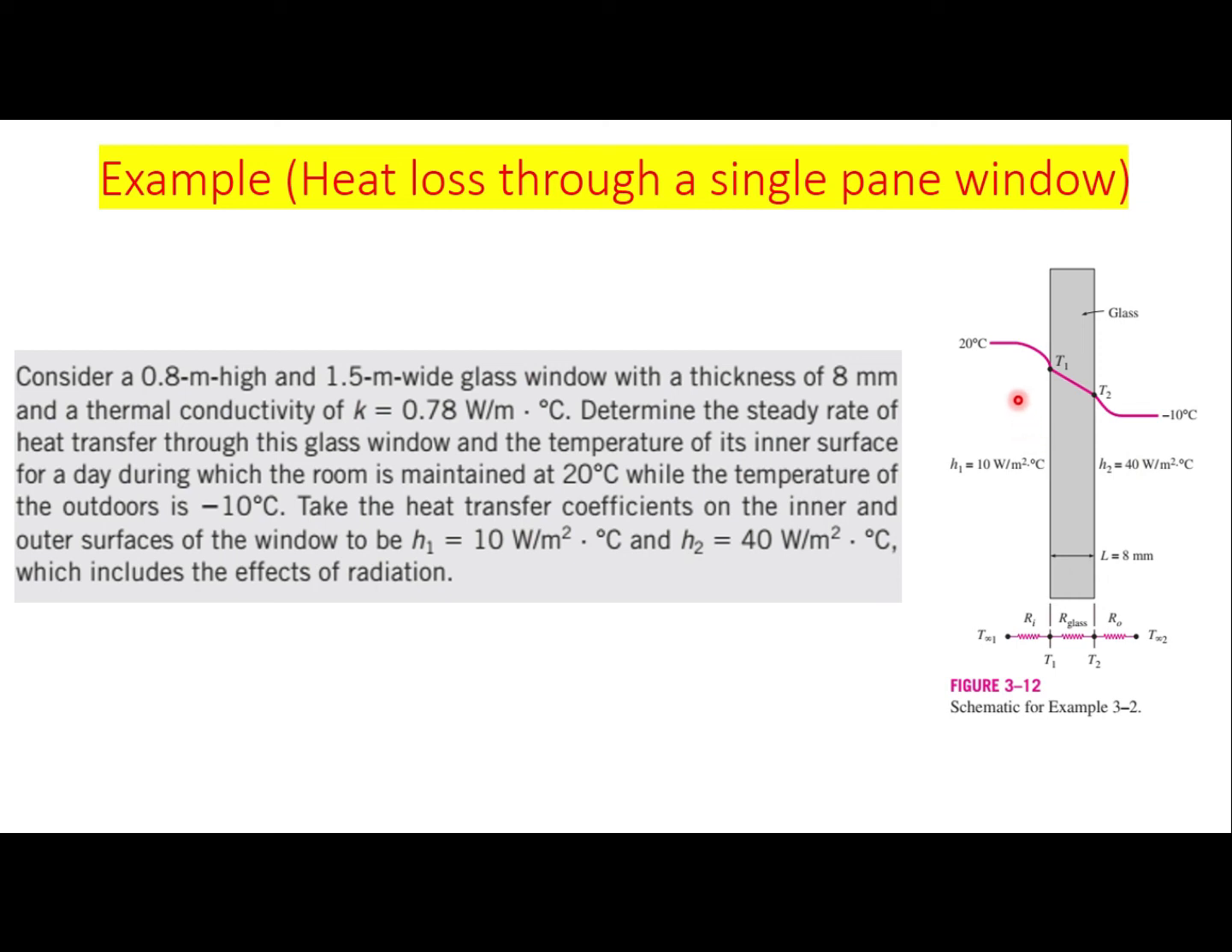The first one is known as convection, and the second one is known as conduction. So the temperature decrease from 20 degrees centigrade to T1 is due to the convection process, right? And the decrease in temperature from T1 to T2 is actually due to thermal conduction, right? The rate of heat transfer is due to the thermal